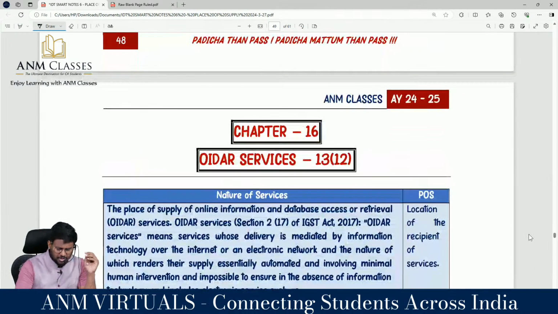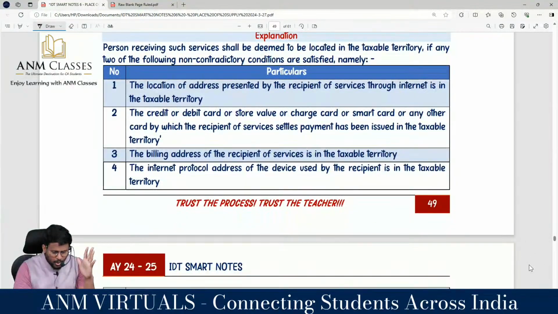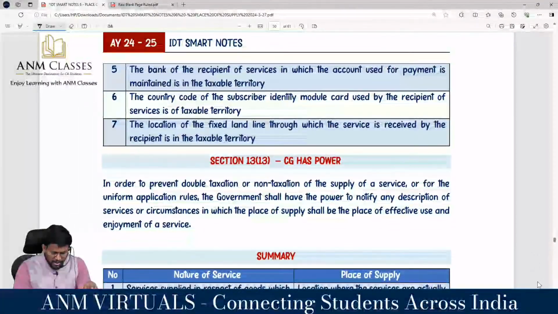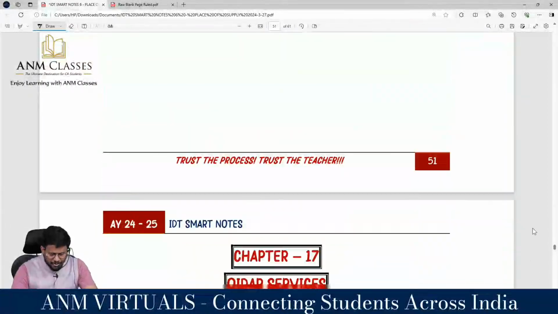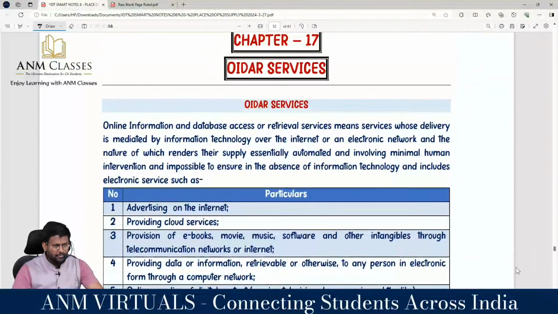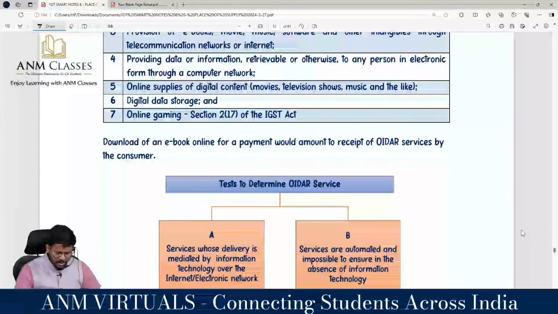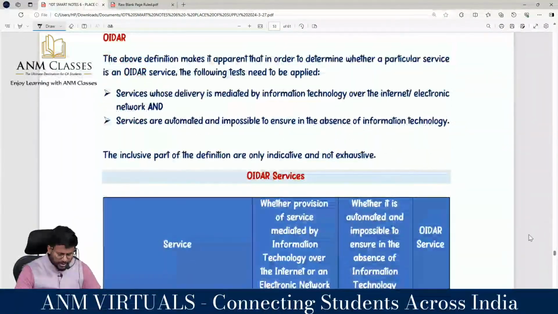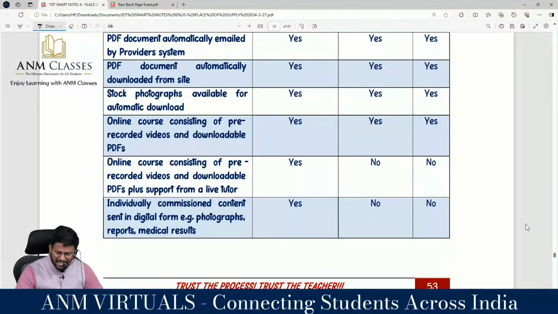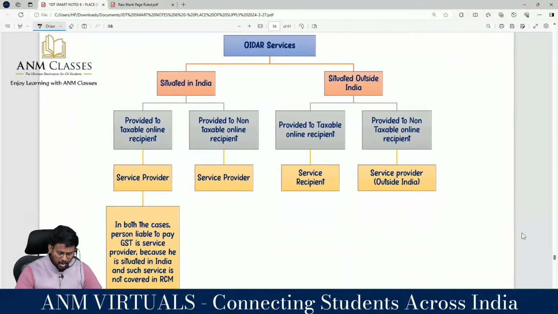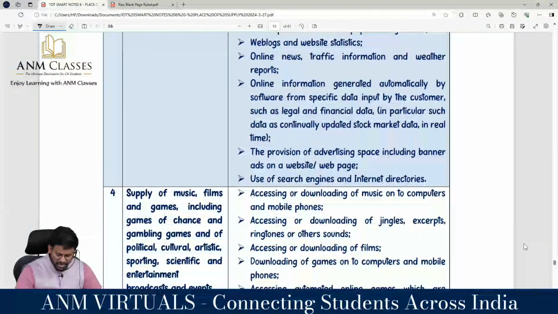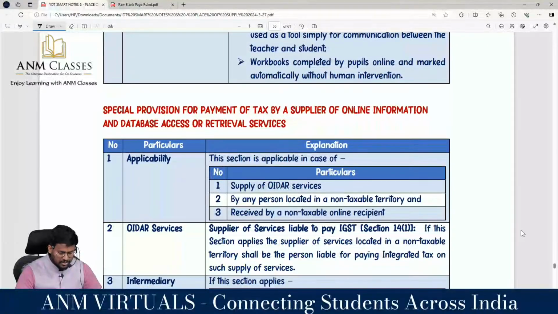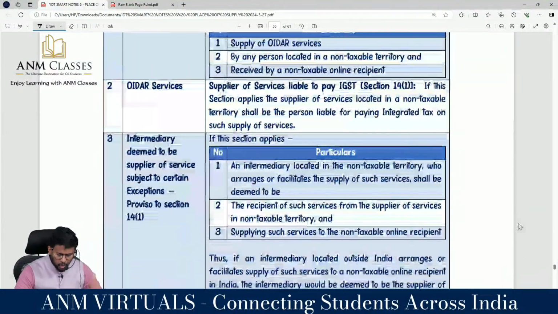We are having 13 subsection 12, OIDAR. We will be talking about what is OIDAR, its explanation, and 13 subsection 3, central government is having power, and the summary. And after the summary, my dear lovable students, we will be talking in depth of OIDAR services. That means whether this activity will be coming to NSR OIDAR or not, and who is the person liable to pay GST in case of OIDAR services. Then again we will be talking about the special provisions for payment of tax,